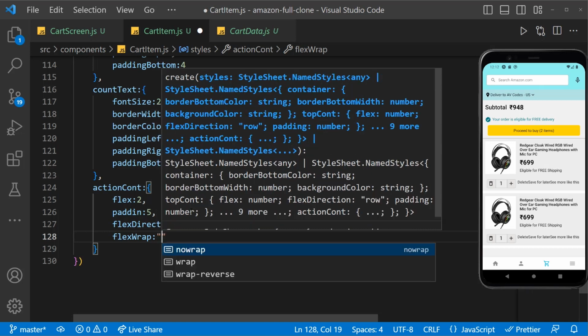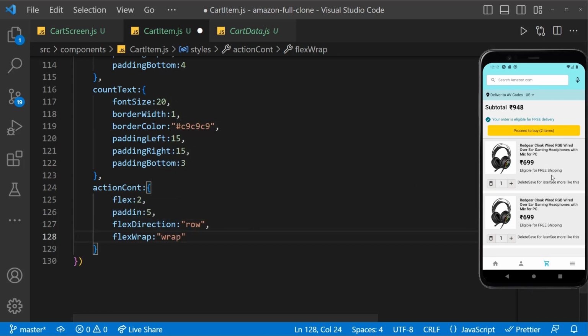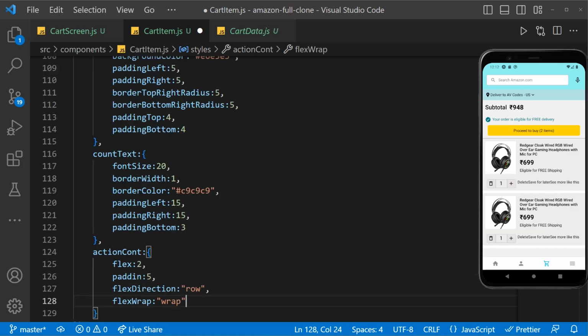Flex wrap of wrap. What flex wrap does is, if the contents grow over, it will automatically come to the bottom. It wraps around the container. Delete and save for later, see more like this will come below. You'll understand while I'm styling